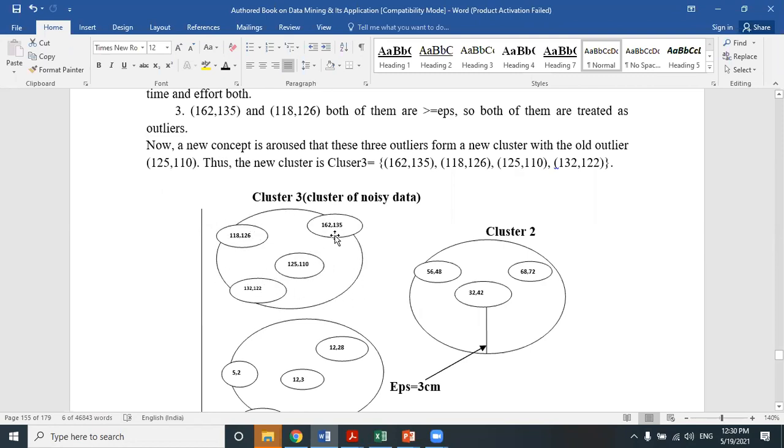Okay, but all these 4 data are actually working like outliers compared to this cluster and this cluster, but they are very density reachable from each other. Okay, so you can form a new cluster here along with these 4 data, which supports the EPS condition as well as the min PTS condition. And this cluster is called a cluster of noisy data outliers, which is also working like a cluster. It is also working like a data cluster, just like these 2 clusters. But this new cluster has been formed automatically by collecting the noisy data outliers together.